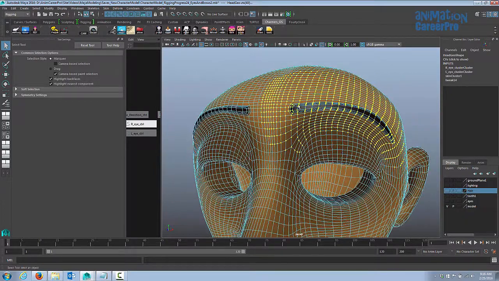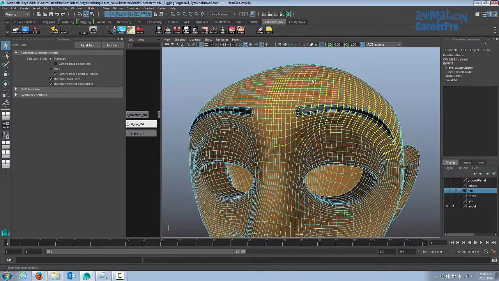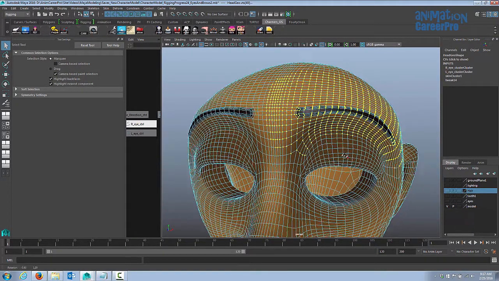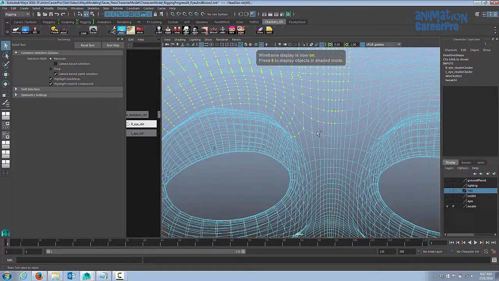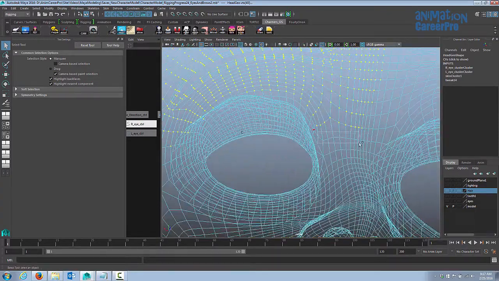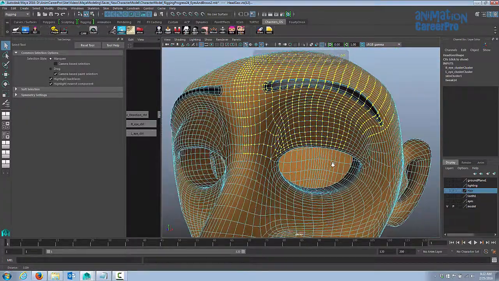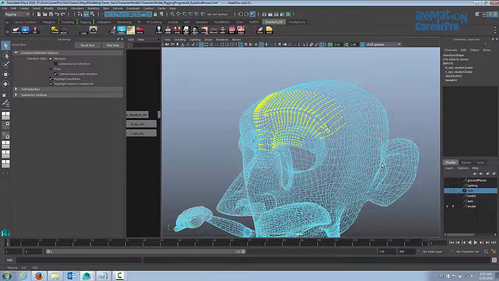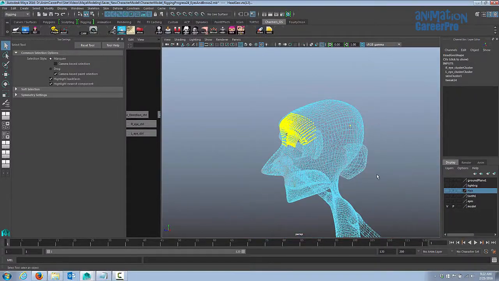And you have to think about, if we push the inner eyebrow down, we probably want it to fold into the eyelid a little bit. And it's okay, you can overlap clusters. So for example, we have a cluster that's affecting some of these vertices in the eyelid. You can also have another cluster affecting the same vertices. Alright, so I think I'm going to go with this selection here. It's a good idea to hit 4 on the keyboard to go to wireframe and just zoom out and make sure that you don't have anything selected back here like that, for example.